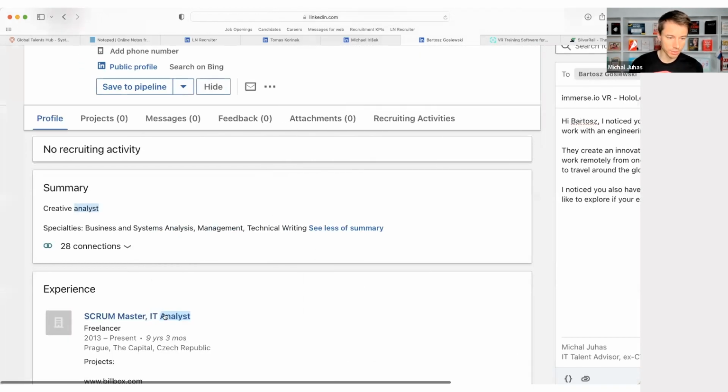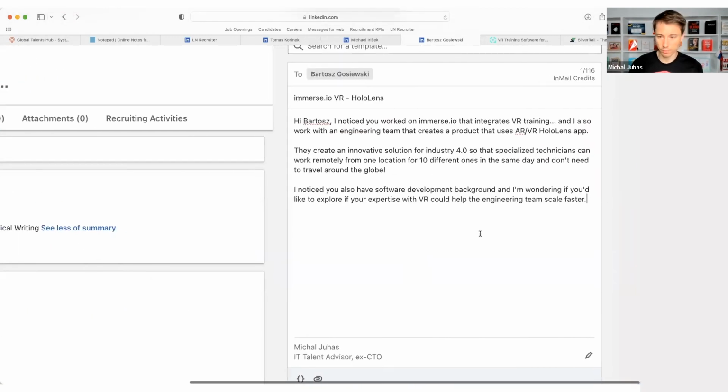Some bridge to the IT analysis. Actually, that's what we are missing here. And I'm wondering if you'd like to explore if your expertise with VR plus system analysis,